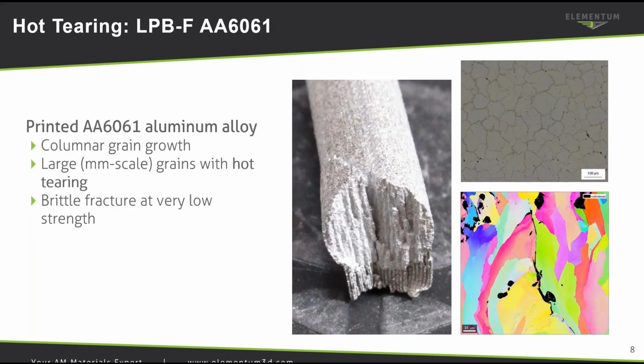So what are these solidification process or challenges that I had mentioned? Well, many aluminum alloys are susceptible to hot tearing, which is a form of solidification cracking. You can see there in the large image on the center, this is a printed horizontal tensile bar, and you can see that there's very large columnar grains present. These grains can grow from layer to layer and continue to grow in the growth direction of the print and become millimeter scale. And you can get brittle fracture and cracking between the